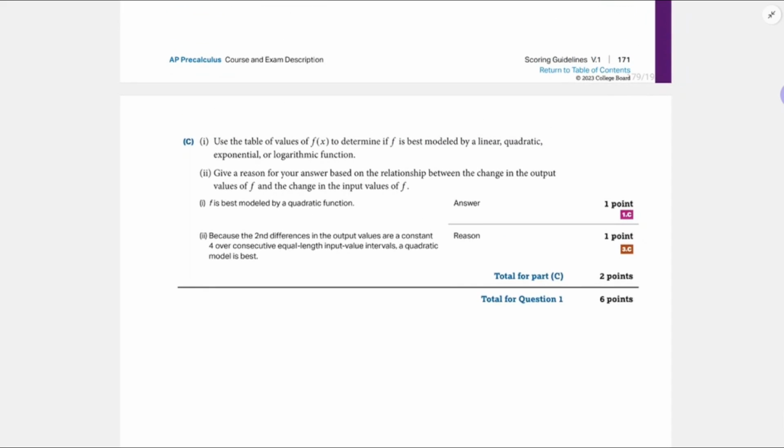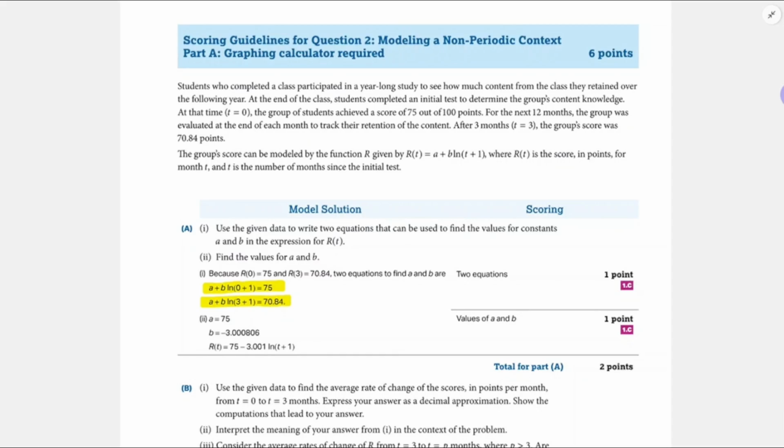I've got a couple more. Oh, wait, whoops. That's this one right here. I got a couple more examples in the notes book,